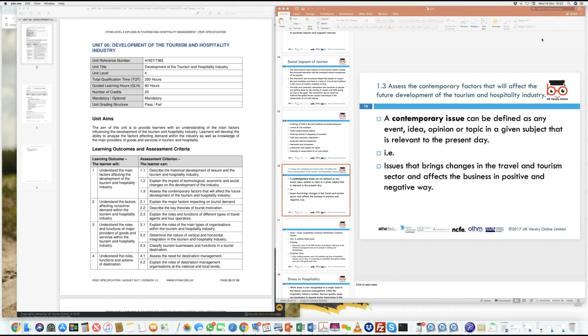What I mean by that is that sometimes when you have to look at bringing changes into this particular side of the sector, which is tourism and hospitality, some of the policies which are introduced by the government, some of the legislation which is introduced, can actually affect the businesses positively or negatively in this sector. An example that I would give you would be, say, for example, when we look at the issue